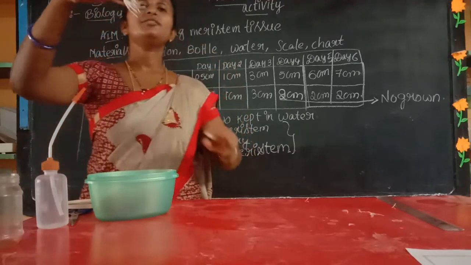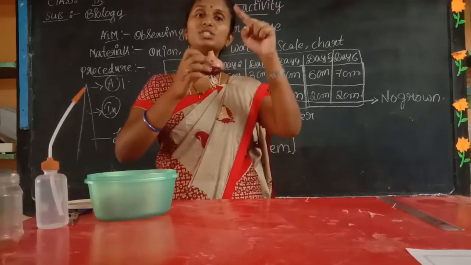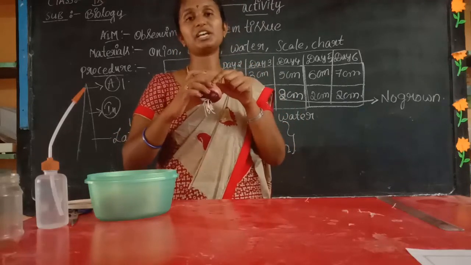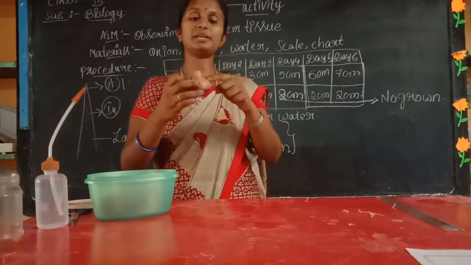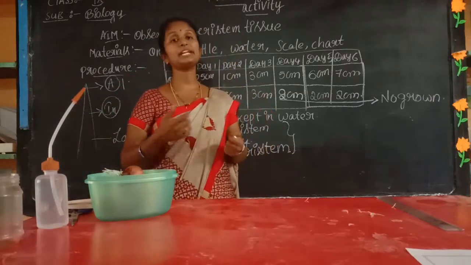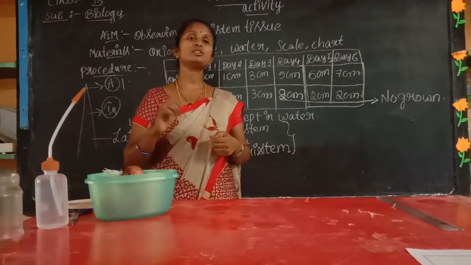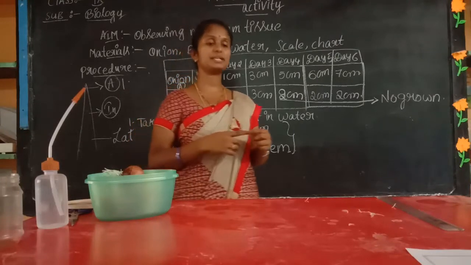With this experiment, I only explained the root system, but the shoot system can also be explained with the help of another activity. If you want to check these meristematic tissues, you can take onions, or you can take money plants also. Money plant can spread its roots very fast, and it can produce meristem.